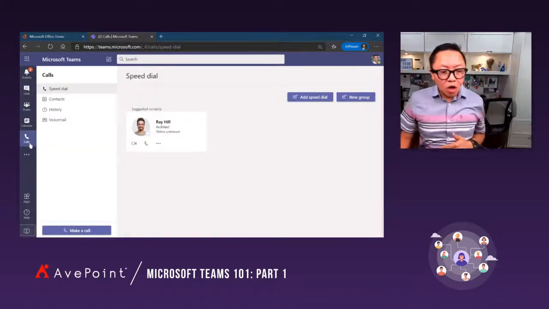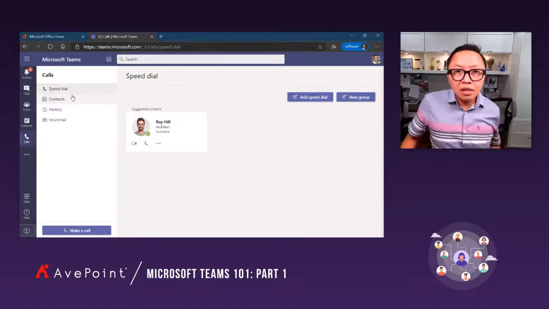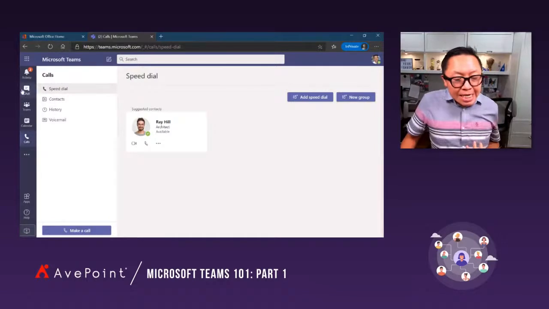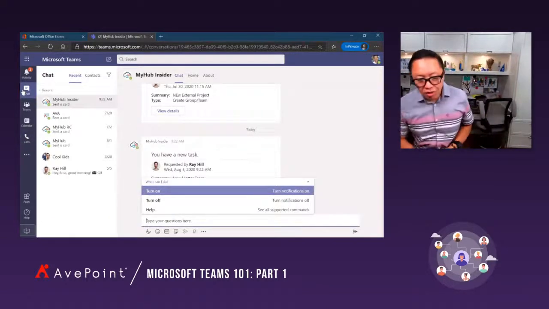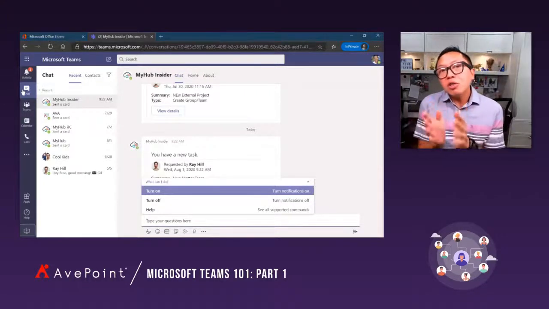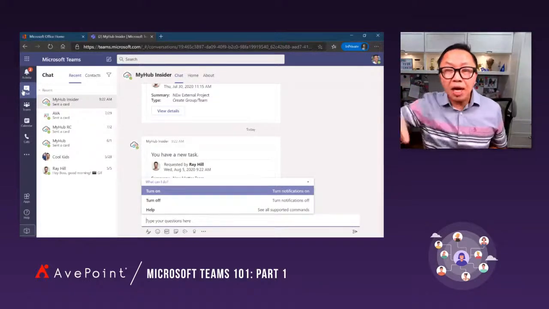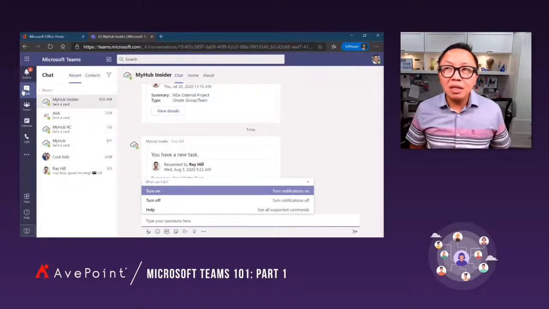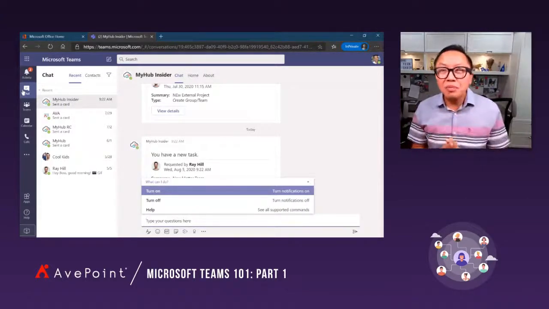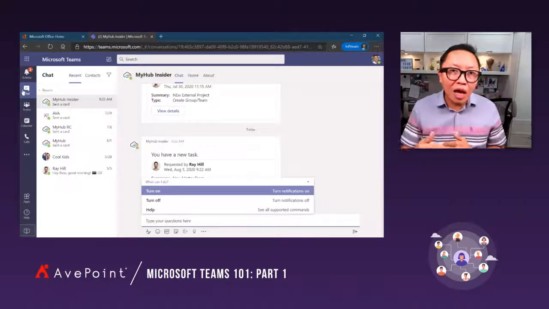And then obviously there are calls, where you could do calls very similar to any web-based phone calling capability. So there's that. And then there's chat, right? So let me talk about chat for a second here. I feel like chat is one of the most underutilized tools, because unlike Skype, certainly Skype had chat. The challenge with Skype chat is it's very basic, right? Where you can chat, you can put text, but that's about it. You can't really put pictures or put documents.